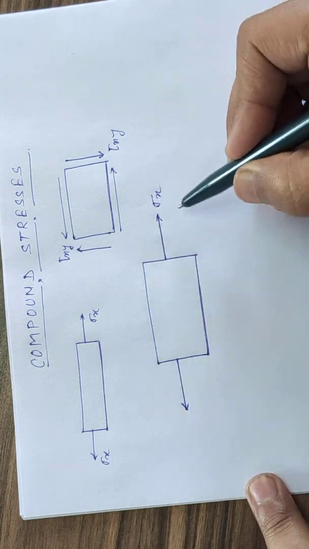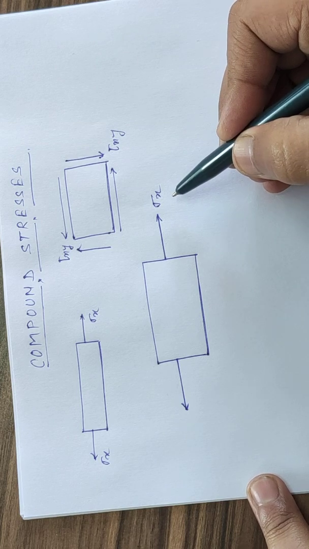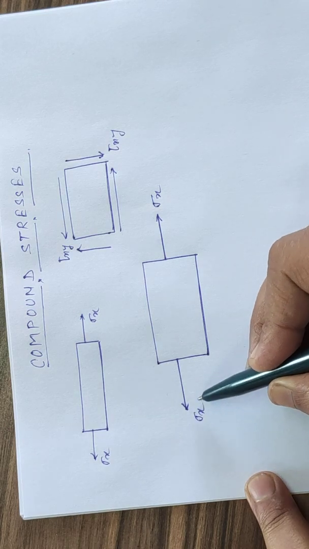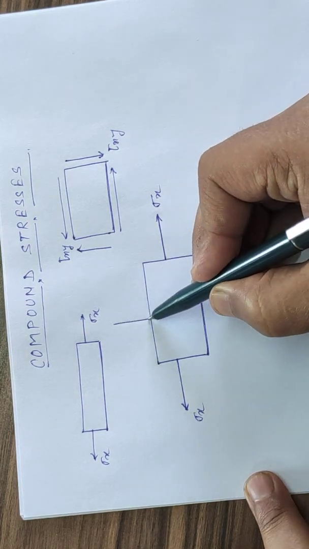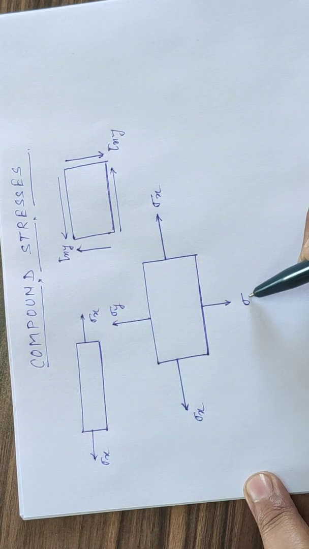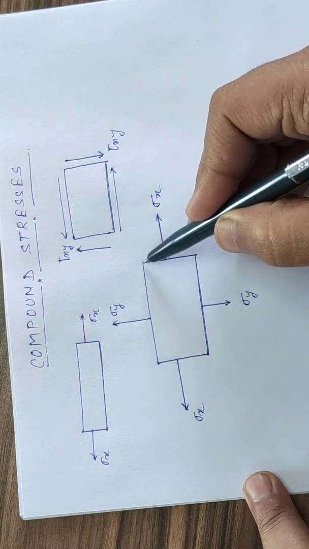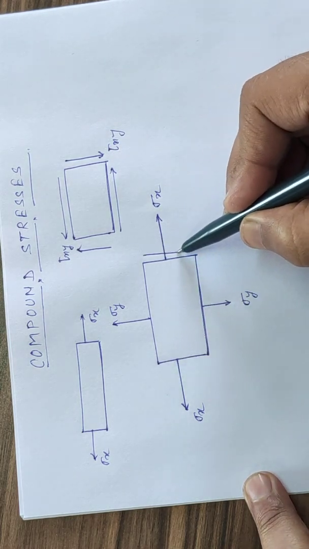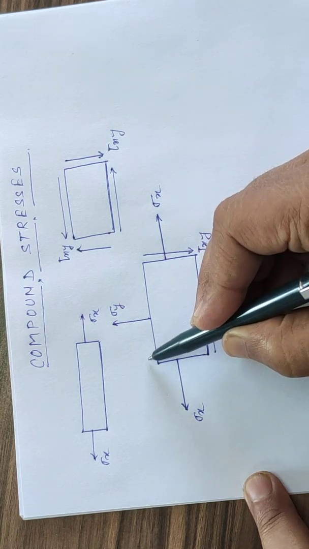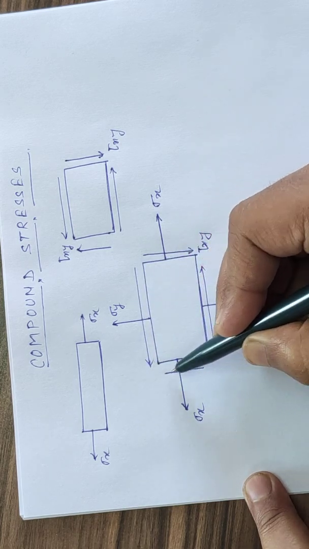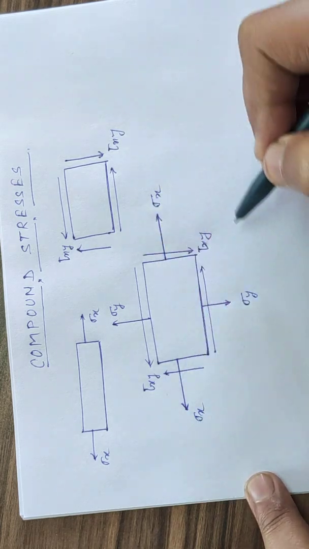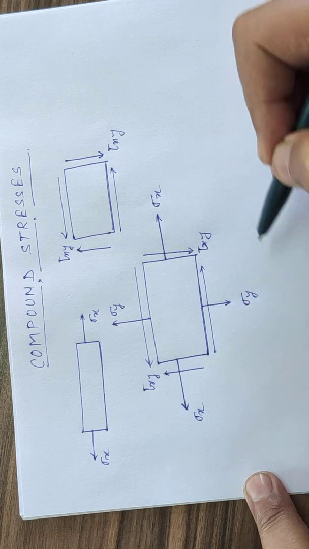And here we are taking the case of the biaxial stress condition, when the stress sigma x is acting on the member, and in the y direction we have sigma y. Sigma means the normal stresses. On these planes the shear stress is also acting. Let's say this is tau xy, and this is tau xy. Such a situation is known as combined stresses.